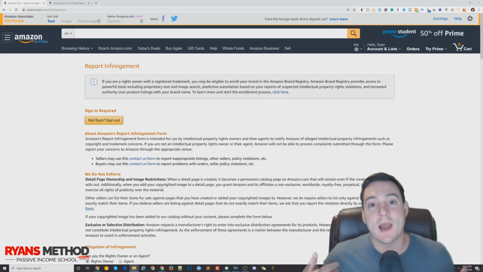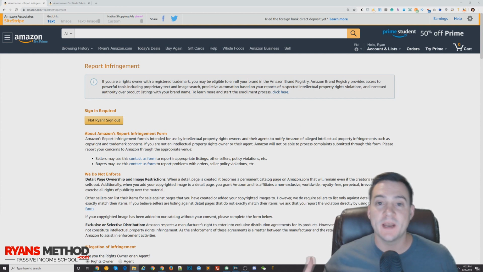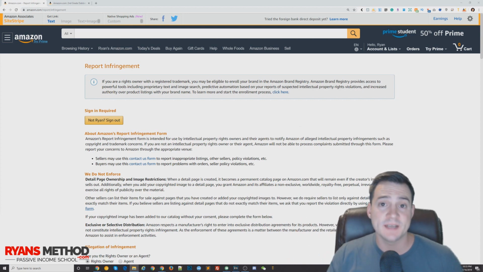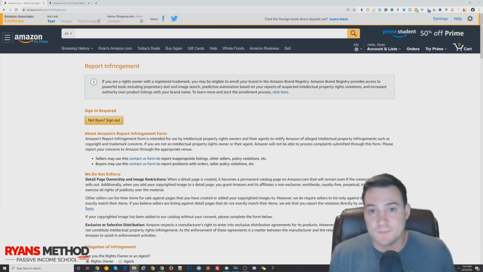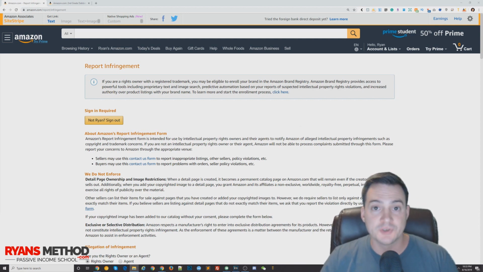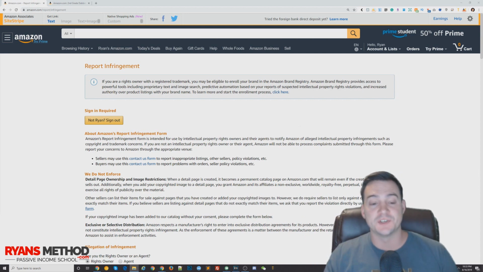So I'm going to show you how to report to Amazon when someone infringes on your work. Now you may not have known this, but copyright protections in the United States are automatically assigned to your original work when it's created in a fixed format. So in the case of an Amazon merch t-shirt design, that is a pixel for pixel design that's in a fixed format. And let's say somebody downloaded it and stole it and uploaded it to their own shirts. Well, that is an infringement of your copyright protection and you can report them for infringing.